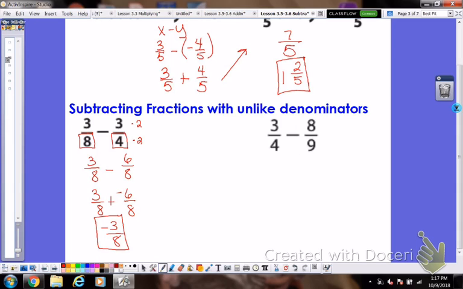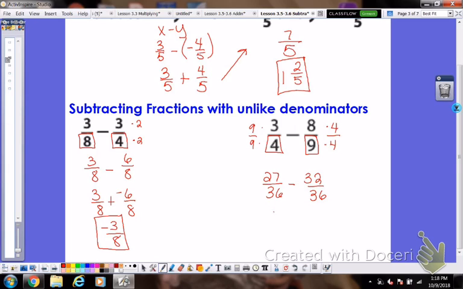Alright, next one, 3/4 minus 8/9. Okay, so again, I see I have a 4 and I have a 9. They are unlike denominators. We need to make them like denominators. Simplest thing to do here is just multiply your denominators together. So over here, we're going to multiply numerator and denominator by 4. Over here, numerator and denominator by 9. So 9 times 3 gives us 27 over 36, minus 8 times 4 is 32 over